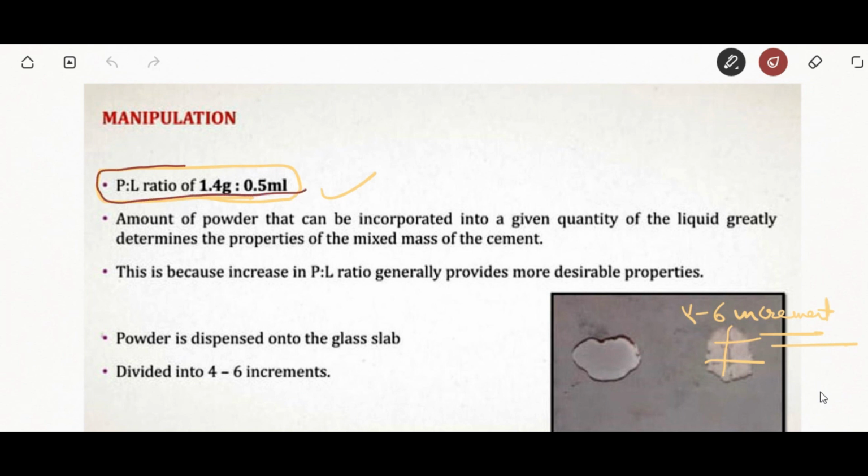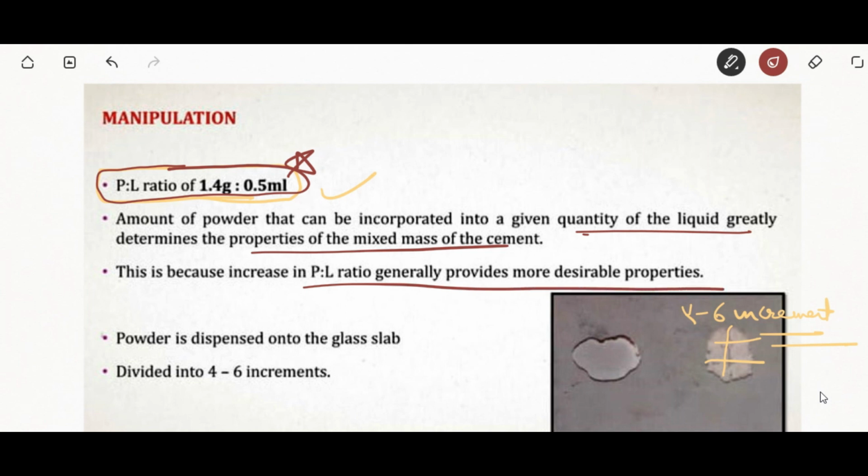So what is the powder liquid ratio? The powder liquid ratio is 1.4 gram to 0.5 ml. So the amount of powder that can be incorporated into a given quantity of liquid will determine the property of the mixed mass of cement. The powder is dispensed on the glass slab and is divided into 4 to 6